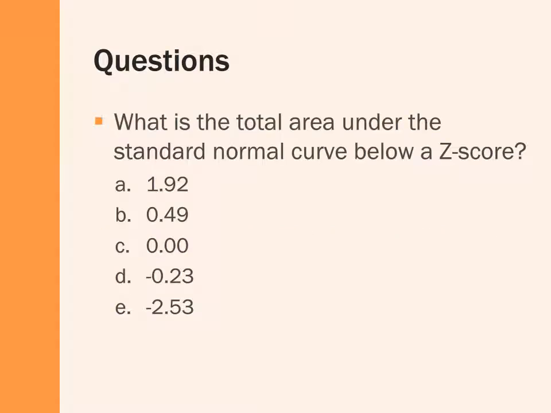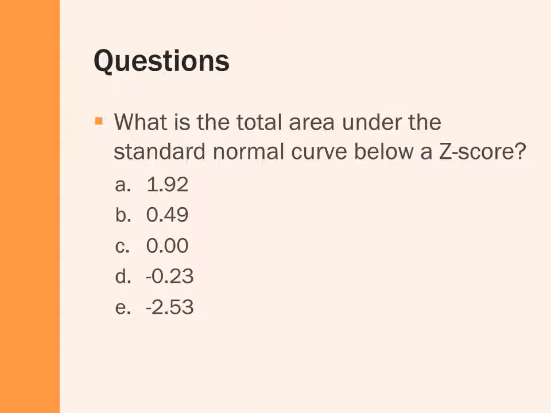In this last section of the tutorial, we will focus on finding the area under a curve that falls below a particular z-score value. That is, the entire area that is to the left of a given z-score. Up until now, we focused on finding the area between a given z-score and the mean of a standard normal distribution of 0, or finding the area between two z-score values. But there are times that we will want to know how much area under the curve falls below or to the left of a given z-score. That is, the entire area to the left of a z-score. This is useful for when we're computing percentiles.